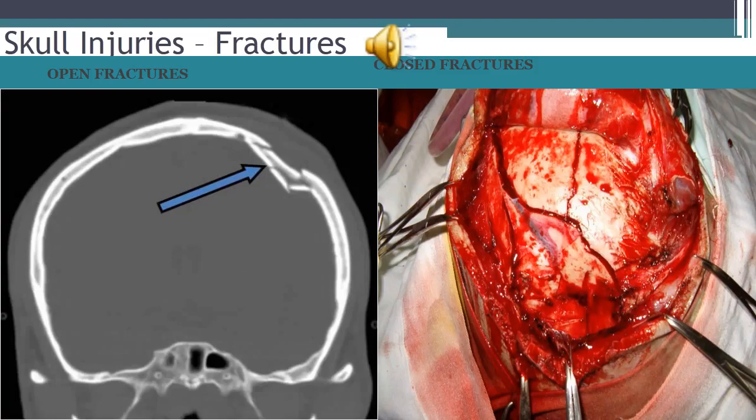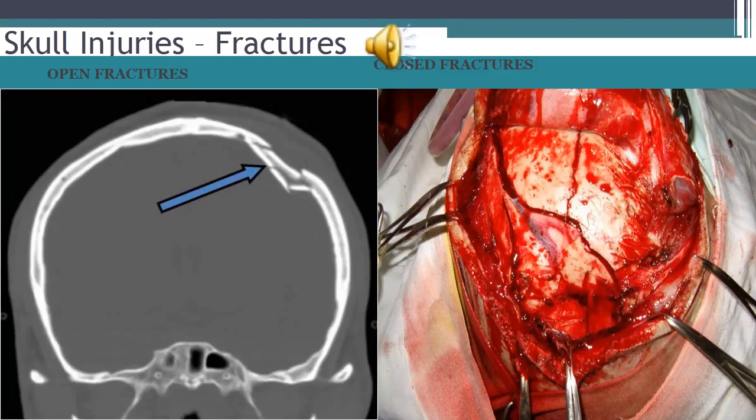Closed fractures mean there is no disruption of the scalp overlying the fracture, so it can't be seen at the site of injury, but it can be visible if we open the skull